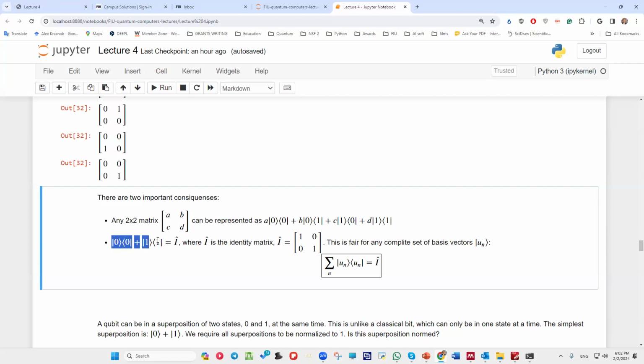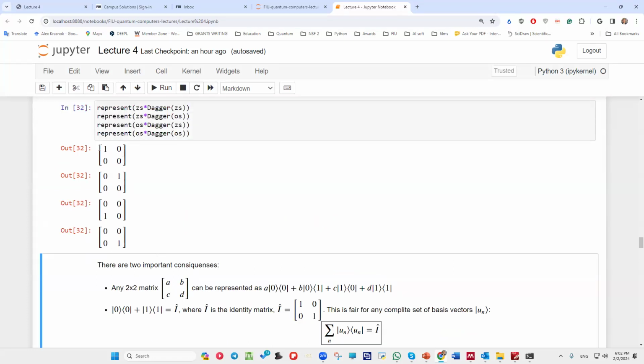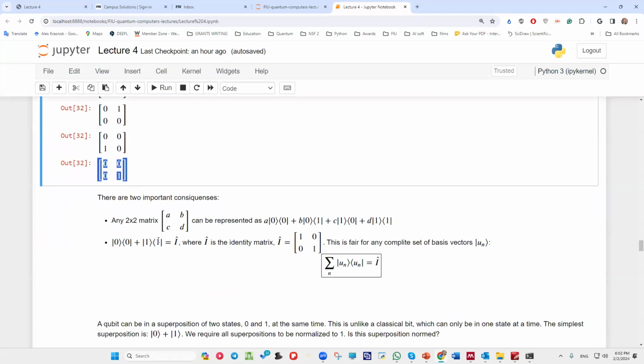If I add these operations, I will get the identity matrix 1, 0, 0, 1. It's easily seen from these two. If I take this matrix and add this one, I will get the identity matrix. And this holds true for any